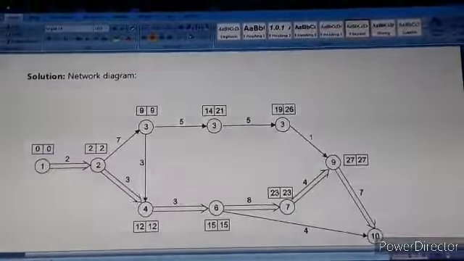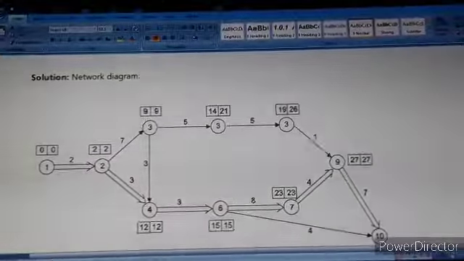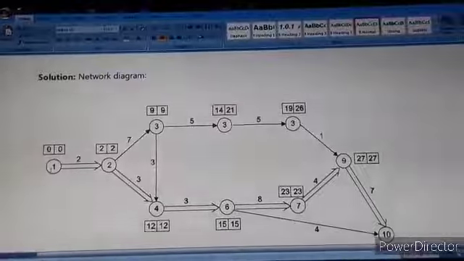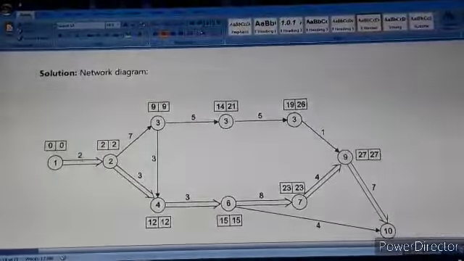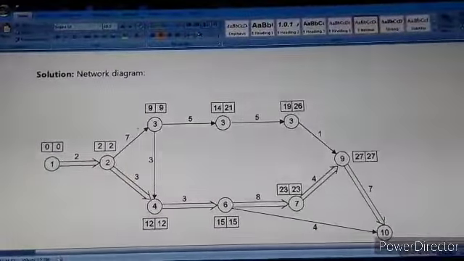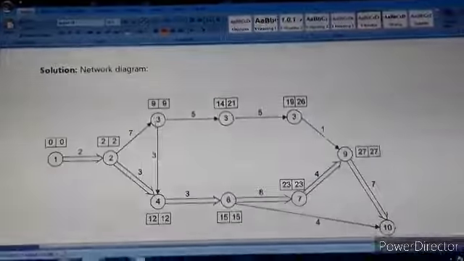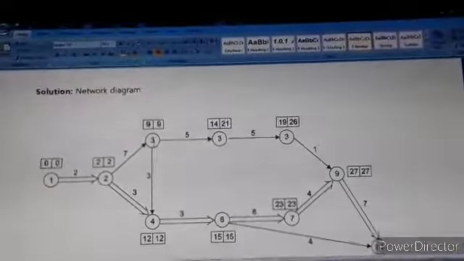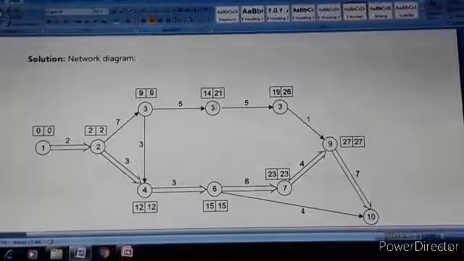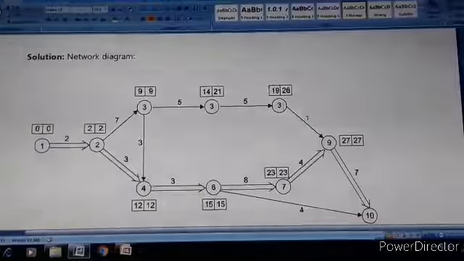So with this statement, this is the network diagram. Directly, with respect to node 1 to 2, the duration is 2 weeks. With respect to 2 to 3, the duration is 7 weeks. With respect to 3 to 5, this is 5, not 3. Then again